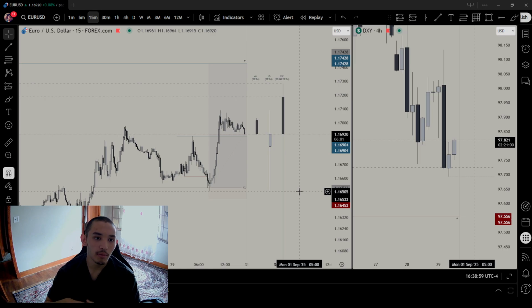So, 4. How many weeks are there in the month? Usually there's 4, and some months there's 5 weeks in a month. Basically, what this does is you see how the quarterly and the monthly time frame are very structured, like four quarters on a yearly candle, 4 candles on a monthly candle, which makes it very easy to trade.